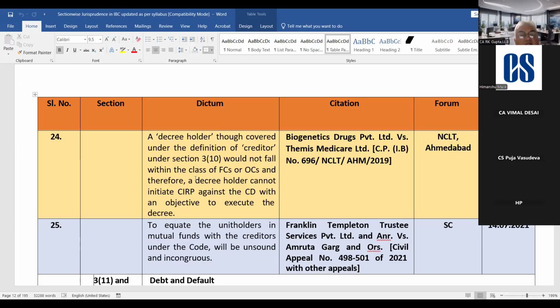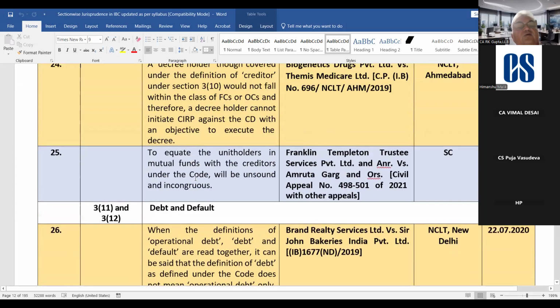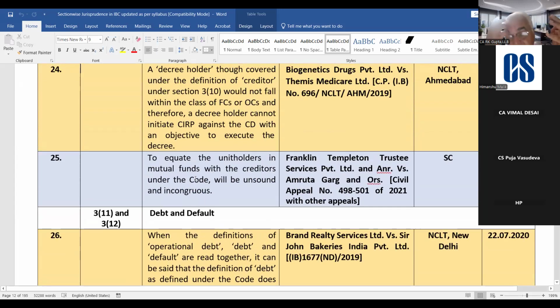Next, to equate the unit holders in mutual funds with the creditors under the code will be unsound and incongruous. वो कहता है कि भाई जो म्यूचुअल फंड है, आपने किसी कंपनी में म्यूचुअल फंड में अप्लाई कर दिया, तो क्या आप क्रेडिटर हो, the answer is no, ठीक है। तो कहता है ये क्रेडिटर नहीं है।